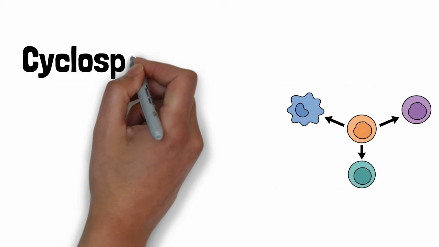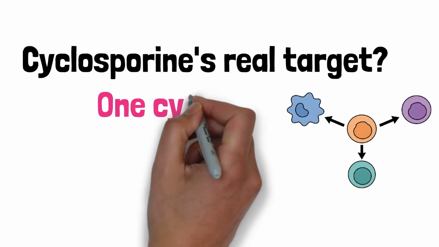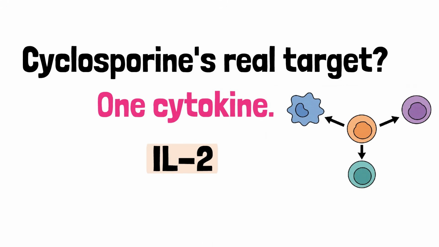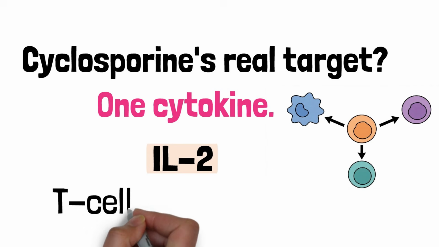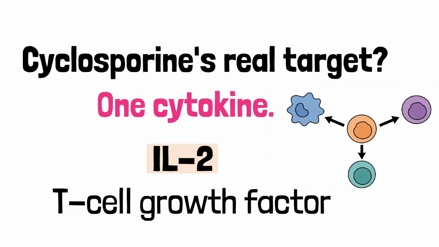Here's a question that shows up constantly on exam blocks. What does cyclosporine actually shut down? It's IL-2, the single main growth factor for T cells, and the same molecule doctors give at high dose to fight cancer. Everything in cell-mediated immunity, from macrophage activation to killer T cells to natural killer cells, traces back to